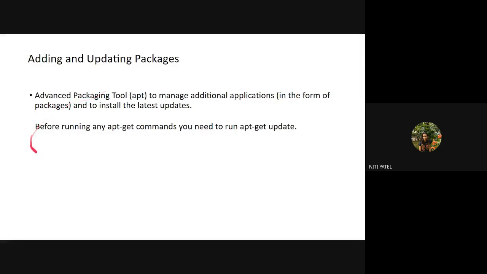Okay, before running any apt-get command, you need to run apt-get update. What is the difference between apt-get and apt-get update? apt-get means you are getting that particular application. Suppose my application is Firefox. If I want to download Firefox in Linux, I will use the command apt-get Firefox. Why am I using APT? Because I want to download, or after it is downloaded, I need to update. So whenever I download or update anything, I have to make use of APT, that is, the Advanced Packaging Tool.